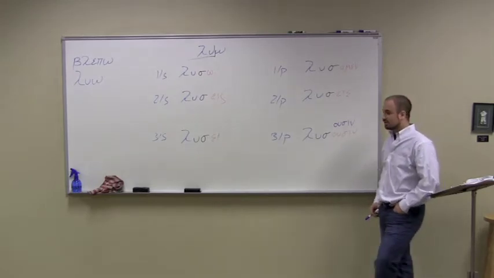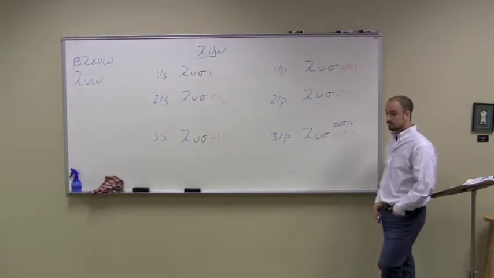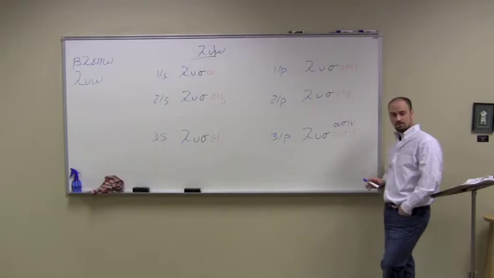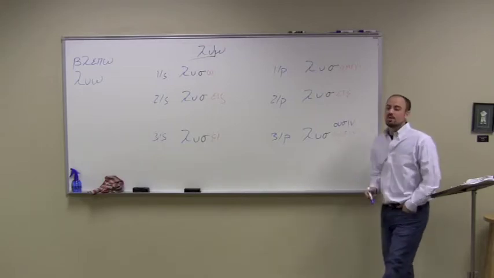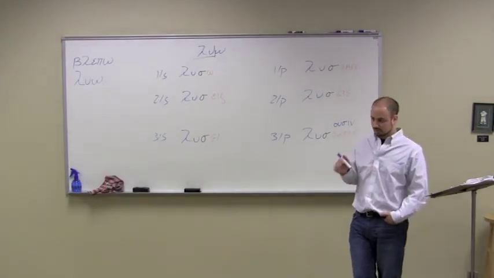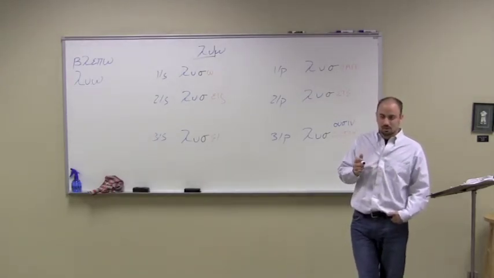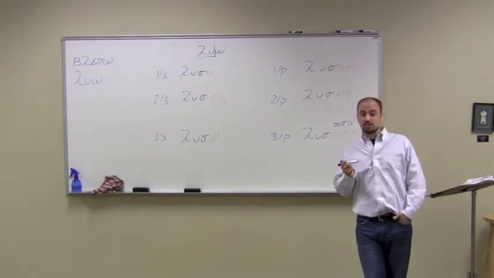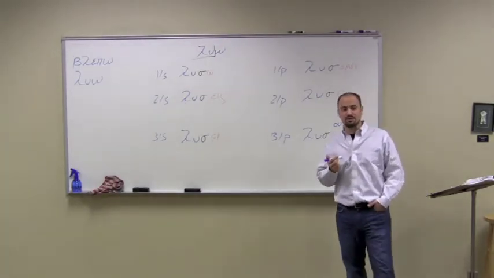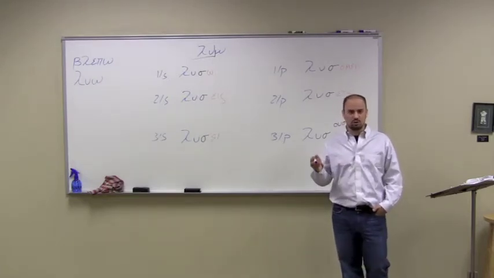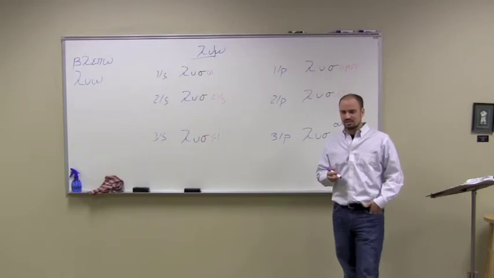I'll give you a moment to write that down. So far, this isn't as bad as I thought it was going to be. There'll be some elements where it'll get a little bad. Okay, Greek is very easy, compared to most languages. Greek is easy compared to English. If you think about all of the irregularities in English, you make a plural form of a word in like ten different ways. It's torturous.